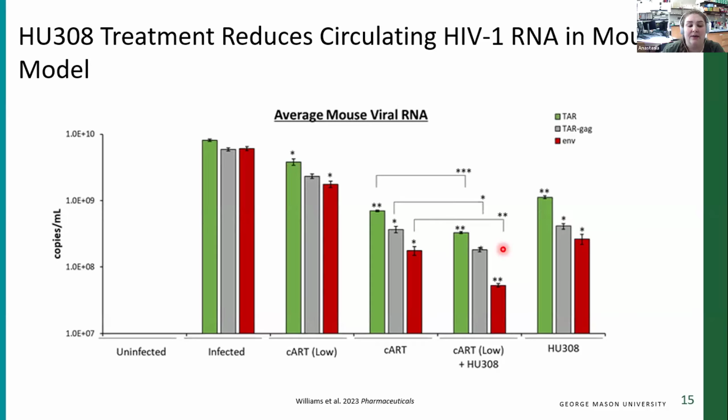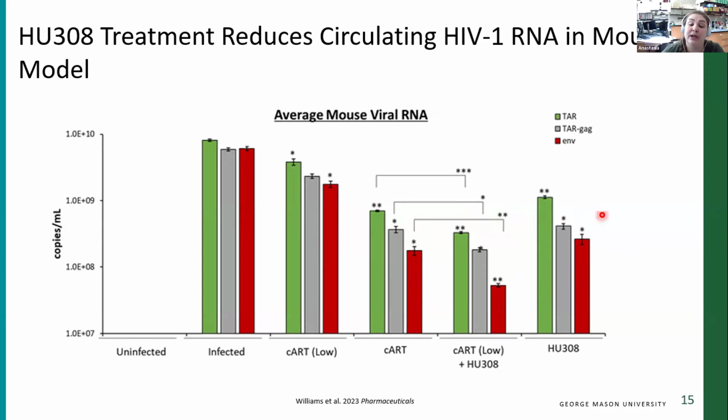So when we look at the results, what we see, of course, in our infected mice, is viral TAR, TAR-GAG, and NEF transcripts. Our low or 1/10 dose of CR decreases the TAR and NEF, but only with 1 star. But then our CR at the optimal dose was able to now bring these down closer to 2 logs less within the mice. And each of these was N equals 3 mice for each of these treatments.